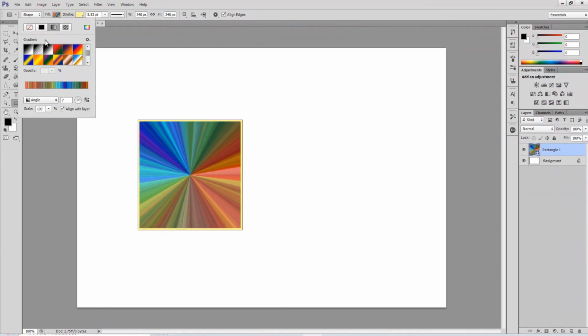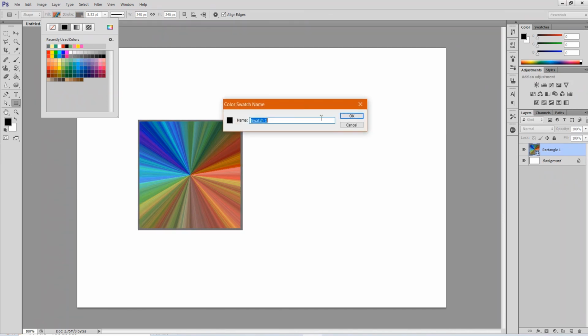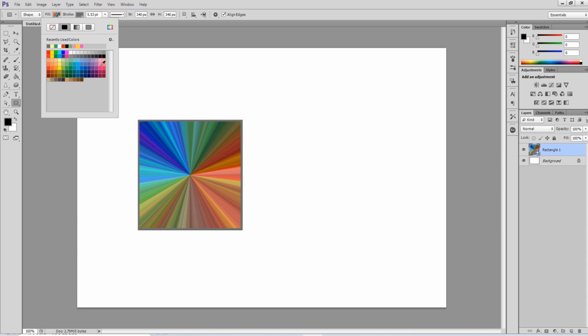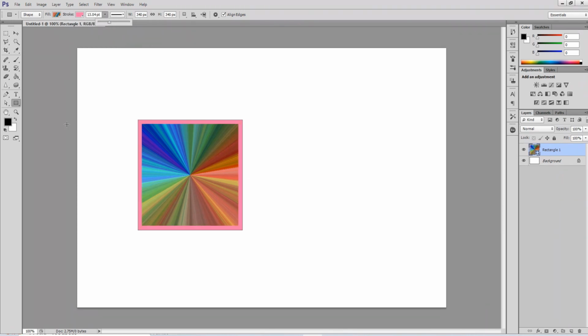Then go to the strokes. If you want to change or increase the stroke or you want to give some other option, you can select. You can change the color of the stroke even. Now the width of the stroke. After drawing, we can also increase it. See. Now if you want to draw another shape, click here, then choose another shape.